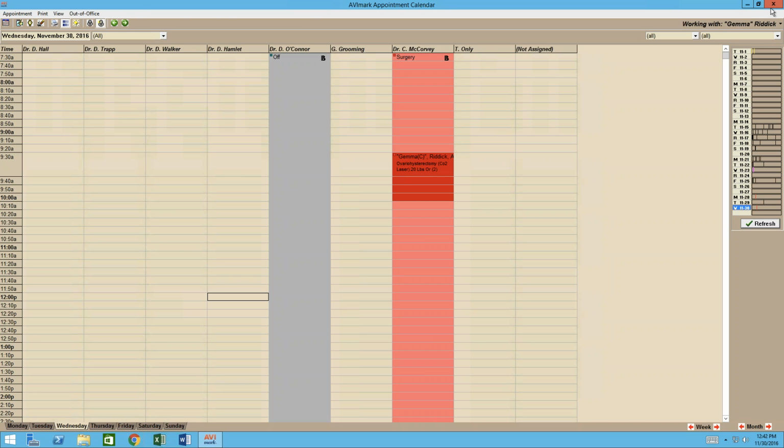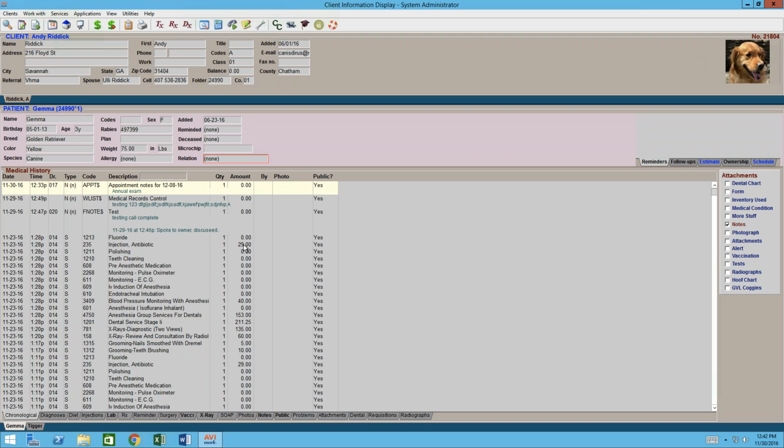Something else I wanted to show you. I'm going to close the calendar for a second. When you're on the main screen of AVImark, every patient has over here to the side a schedule tab. That'll show you any upcoming reservations that they have and the dates and times of them. And also if they're currently checked in, that'll show you their status if they're checked in or not. So we've got this patient actually checked in right now, but we also have quite a few other appointment reservations